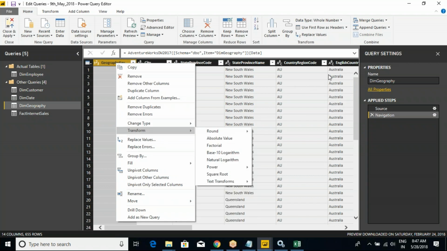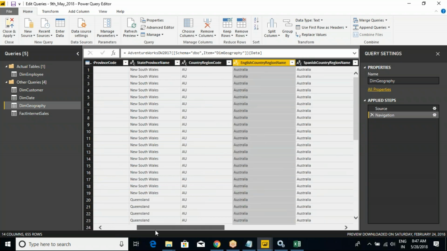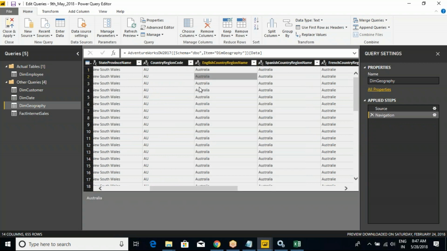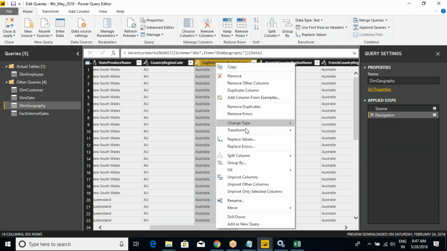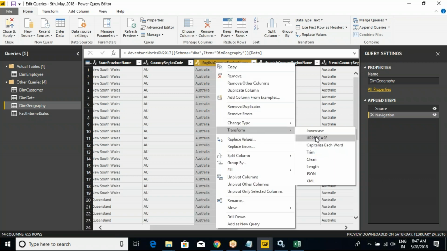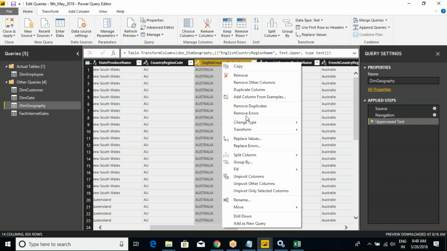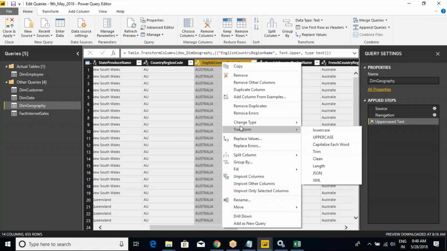The best example would be: I'm taking the country column, string values, and right clicking on it. Let's say I would like to convert all the values into capital letters. All the Australia should be in capital letters, so transform it to uppercase. I'm starting with a basic example so that you can easily understand that transform is nothing but converting the